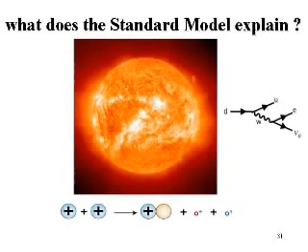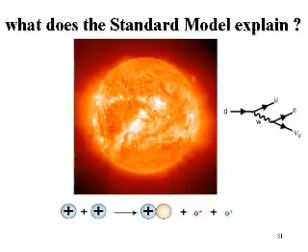What else does the Standard Model explain? It explains how the sun shines. There's a lot of complicated reactions for the sun, but the first one that takes place is 2 protons. So the sun's a big ball of hydrogen, right? It's a big hot ball of hydrogen. So how does it produce energy? Well, the thing that gets everything going is that hydrogen is basically protons. 2 protons every once in a while can get together, and through an interaction, which I'll explain over here, one of the protons becomes a neutron, and that's a kind of nuclear fusion process,